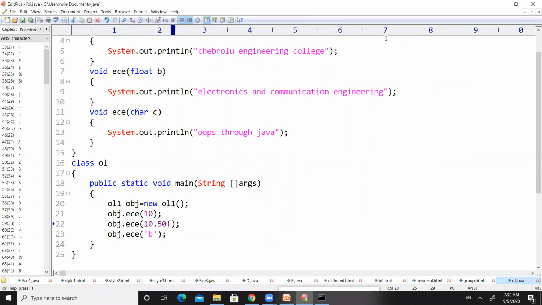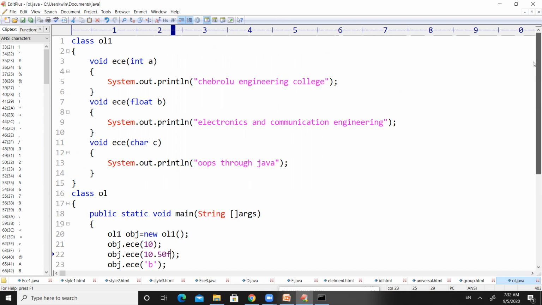So here we have seen two programs, one showing the difference in terms of number of parameters, and one showing the difference in terms of type of parameters. And now let us see the difference in terms of order of parameters, right? Let us see the difference in terms of order of parameters. Let us deal here.